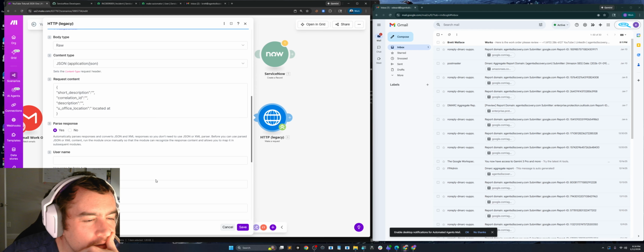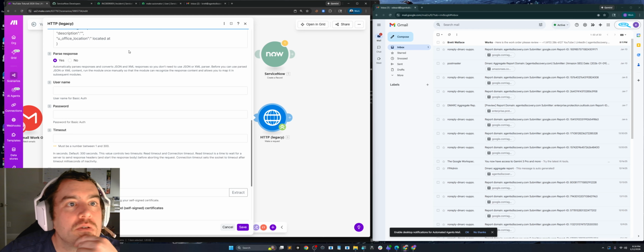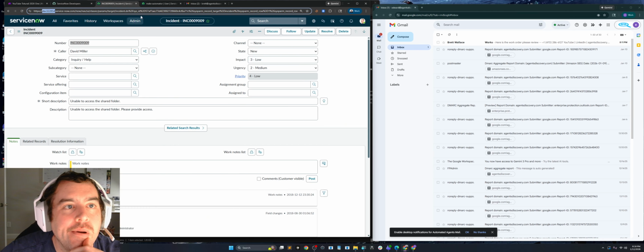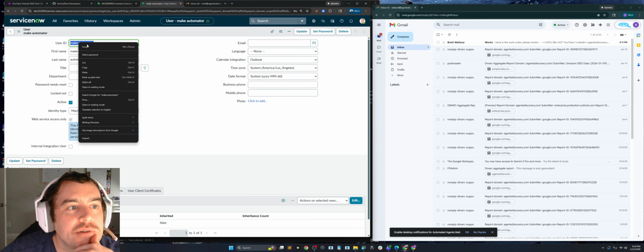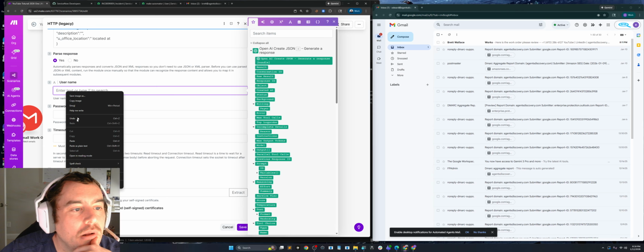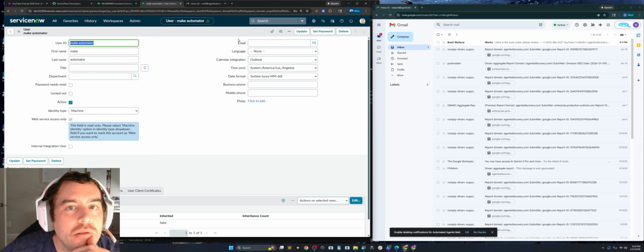Advanced settings. Yeah, username and password. Here's what we need. So we're going to go back to ServiceNow because that's what we're connecting to. User ID is this. And password is